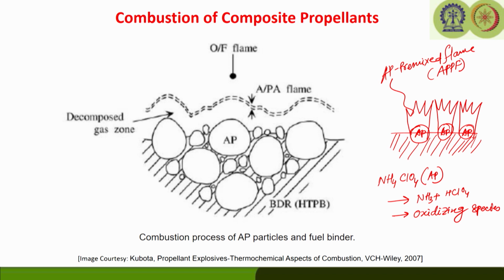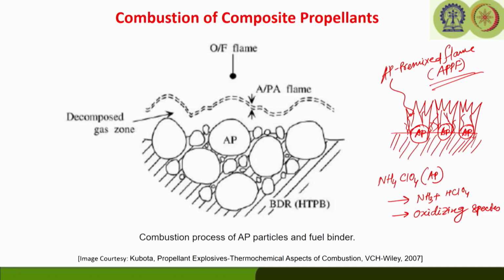We have to note here that at low pressure the decomposition products of both the fuel and oxidizer have sufficient time to mix before the chemical reaction takes place. That is why it is forming. Some amount of fuel vapor is forming there, very well mixed, and they are going to produce the APPF flame, which is generally at low pressure. But at high pressure the chemical reaction time is really small, so the mixing of fuel and oxidizer is going to limit the combustion process. So, this is not going to give us a premix flame, rather this is going to diffuse it,